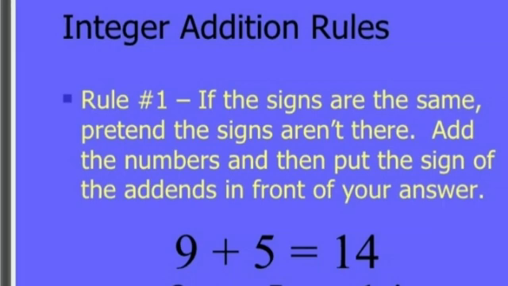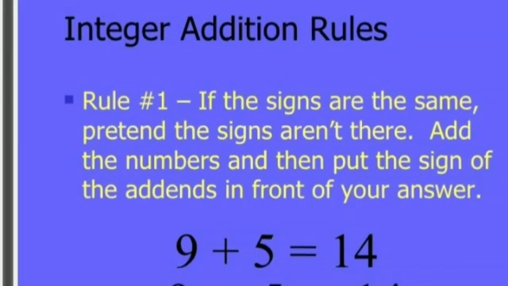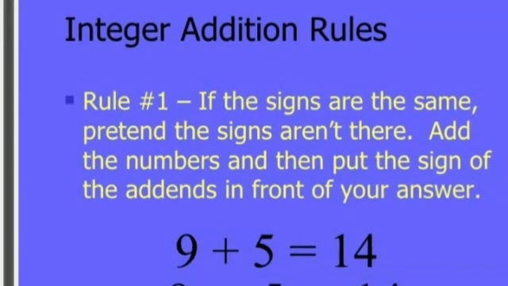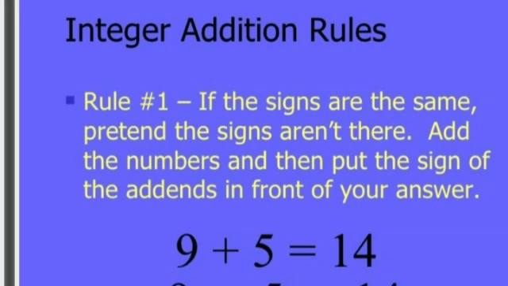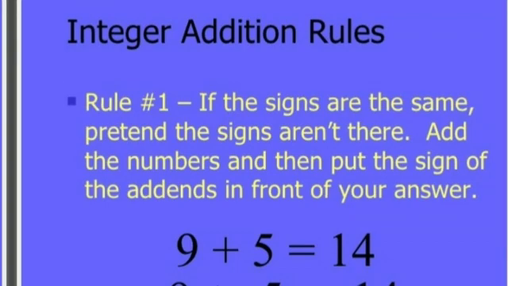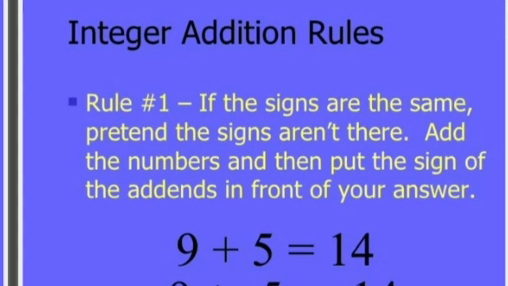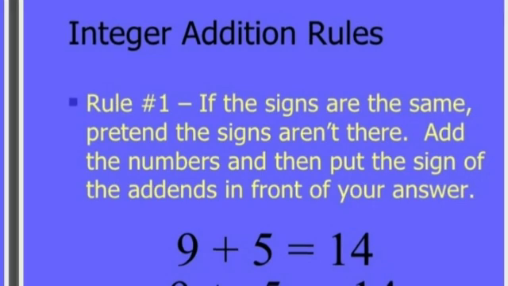So that's why first do the addition. 9 plus 5, how much? 14. Then both addends have which type of sign here? Negative, negative. Put the common negative sign in front of your answer. I hope you understood these integer addition rules. Very, very important. In the next slide, I gave some examples.